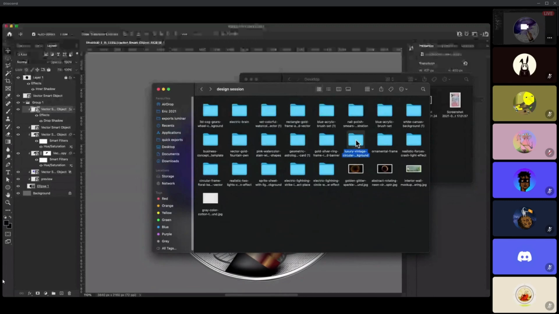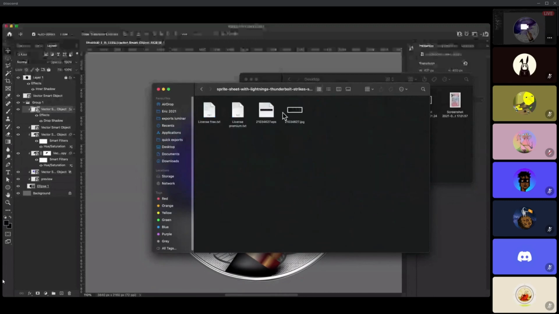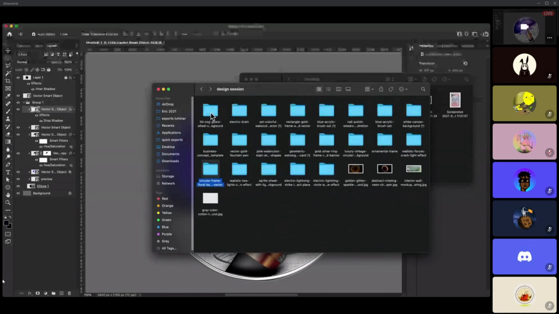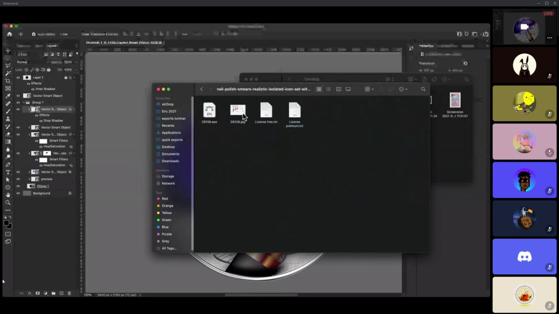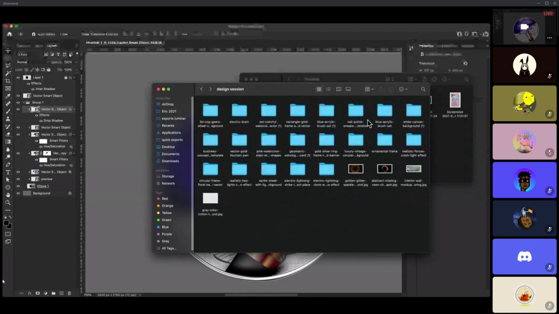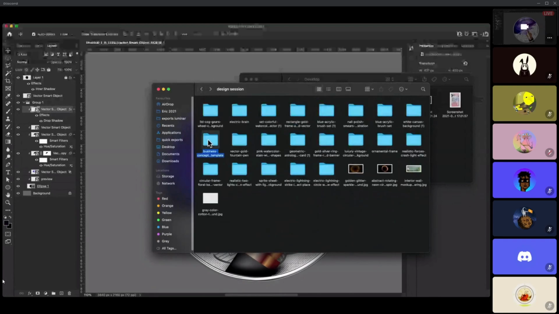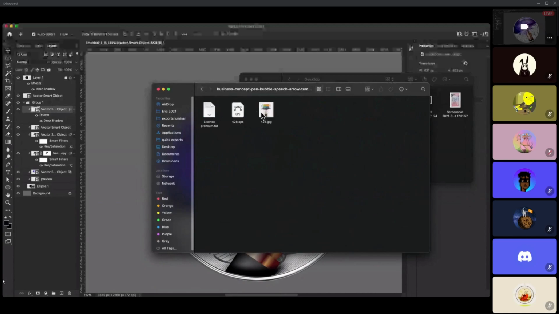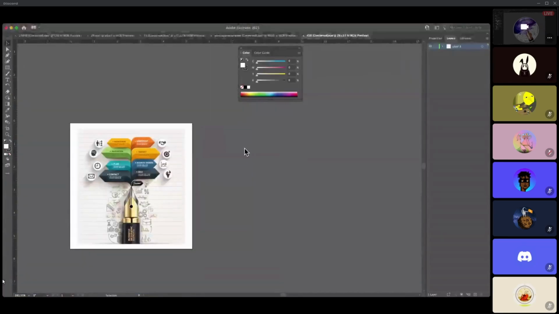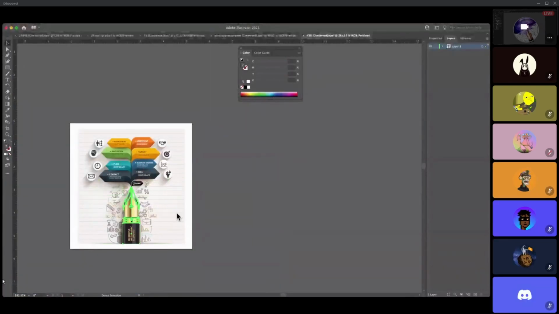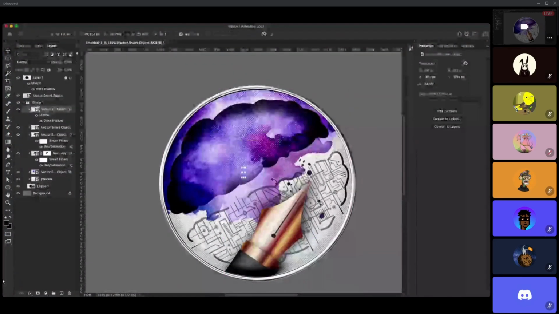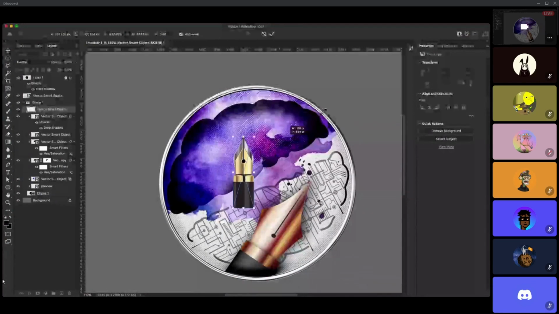Luxury vintage stick sprite sheet. No. Not this either. Click brush set. Or maybe this one was better. There was another pen that I picked up, which was interesting. We can also put both to see how one feels with the other one.